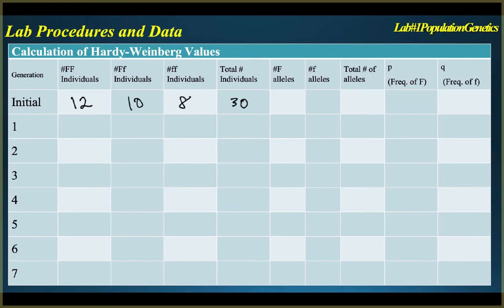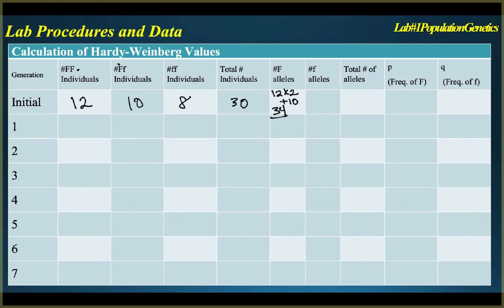And so from there, we would calculate how many large dominant F alleles we have. Well, if you look here, we have 2 F alleles in these individuals, and there's 12 of those. So it'd be 12 times 2 alleles in here. But that's not the only one we have. We have 1 in here, so we would add 10 to it. So that would be 24 plus 10, which would equal 34